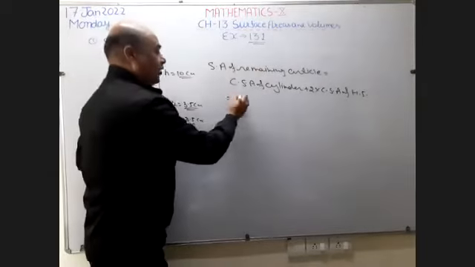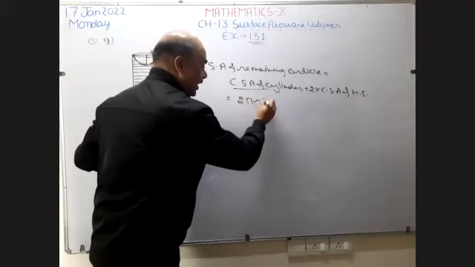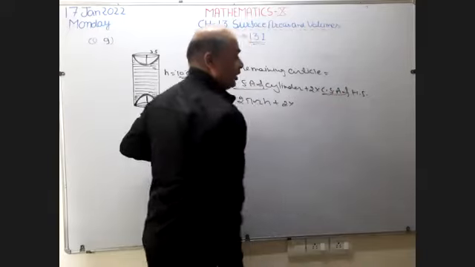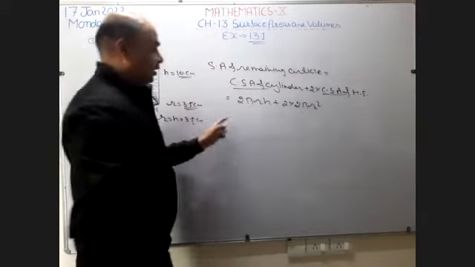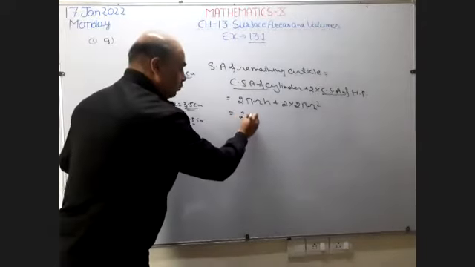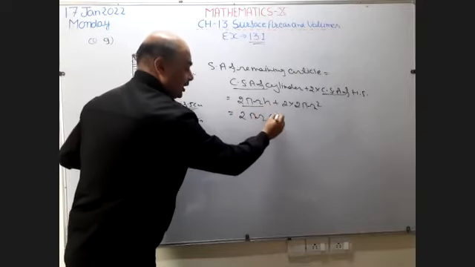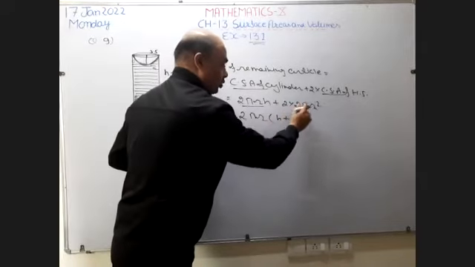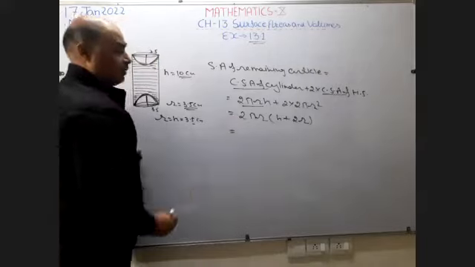So what is the formula for finding curved surface area of cylinder? Formula is 2 pi r h plus 2 curved surface area of hemisphere. Formula is 2 pi r square. Okay. Now what is common between these two terms? Common is 2 pi r. When you take 2 pi r common, what is left? Height of cylinder plus 2 pi r taken common. So what is left? 2r. Okay. Now you are going to substitute the values one by one.